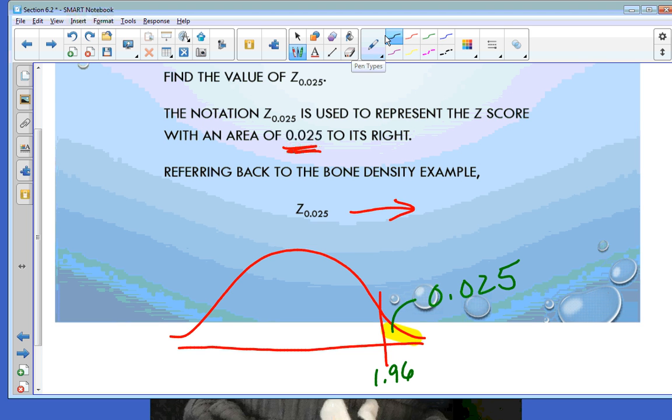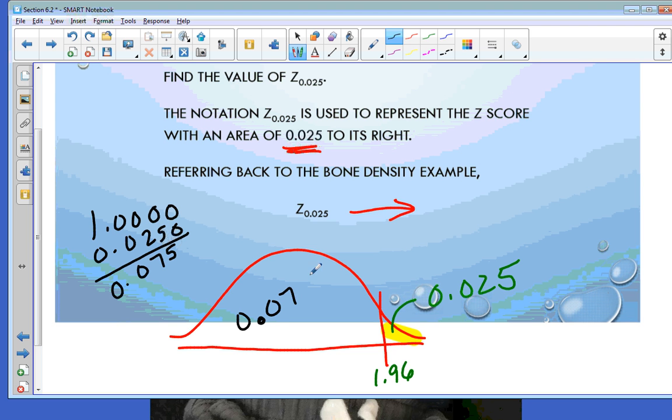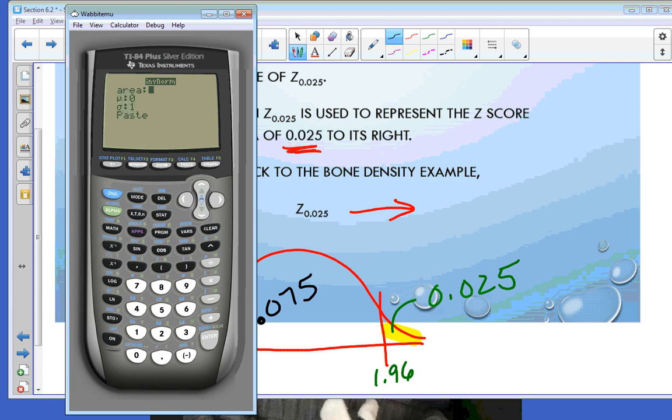Since my entire area is 1, I'm going to subtract away 0.0250 to find the area here. And of course, when I do that, I'm going to get 0.75. So the area here is 0.75. So on my calculator, for my area, I'm going to,